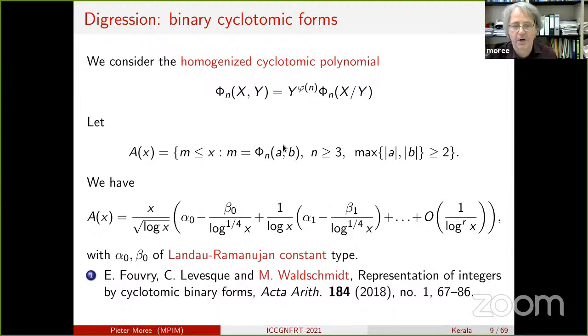And as you could imagine, the main contribution here will come from the binary forms you have here. So for n is 3, this is quadratic. For n is 4, it's quadratic. For n is 6, it's quadratic. So that gives you, in some sense, the main contribution. And then, of course, you have to do something more. But in essence, you use some arguments as before, and then you can get such a counting function, and also you can indicate what those constants are. So this is in some sense similar to what we just saw.